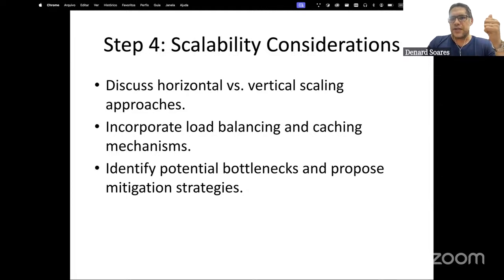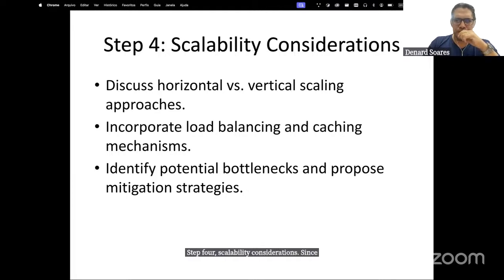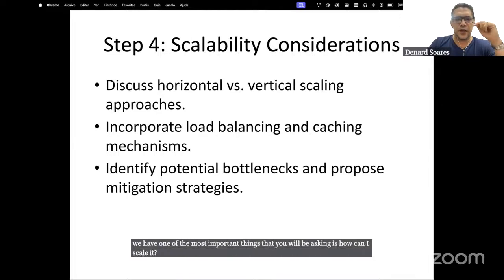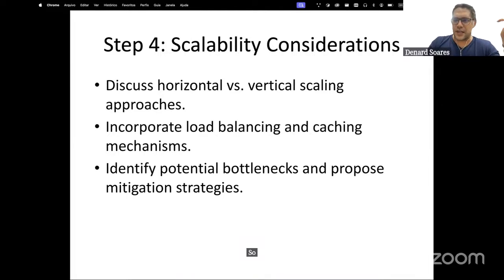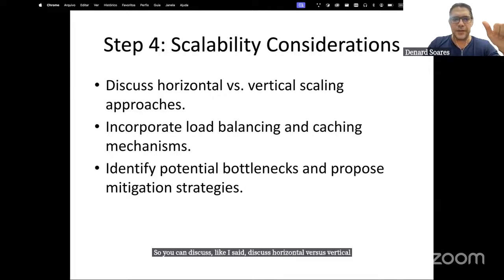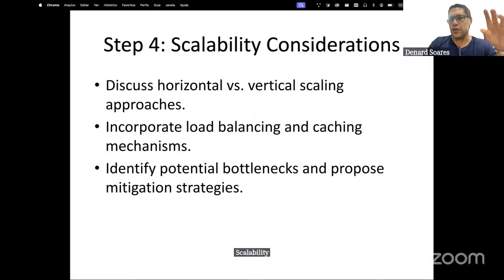Step 4, scalability considerations. Since one of the most important things that we'll be asked is, how can I scale it? So you can discuss, like I said, horizontal versus vertical scalability, incorporate your load balancing and caching mechanisms, and identify potential bottlenecks and propose mitigation strategies.